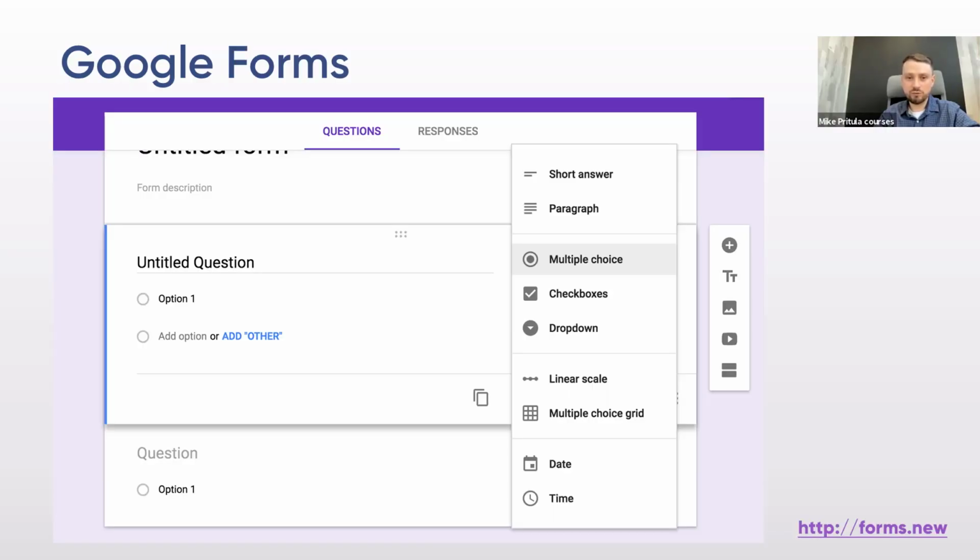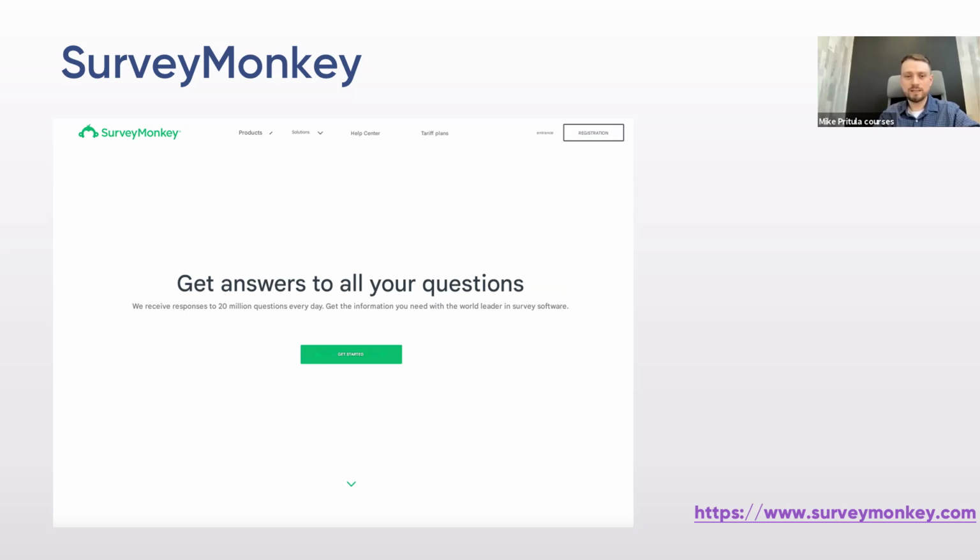Next, there's SurveyMonkey. It has advanced analytics and ready-made templates, but it's paid. Then there's Typeform. It's nice that each question is displayed in the center of the screen, and the employee clicks next. The next one appears. It's just perceived as more visually appealing, but it's also paid. Yes, there are free packages, but it's mostly paid here.